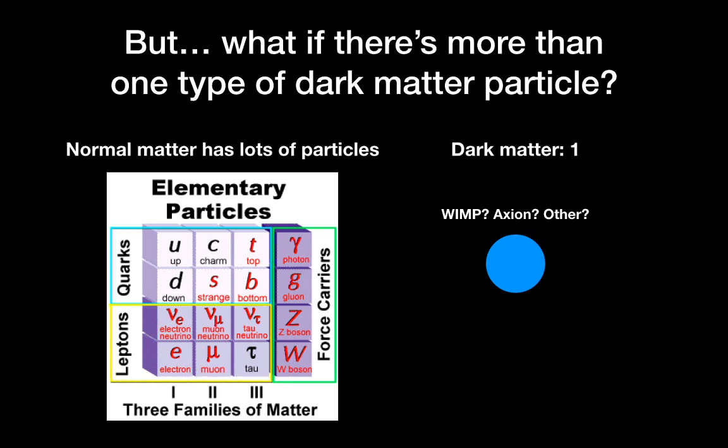But in dark matter, we assume that there's just one type of particle. Some of the favourite candidates are things like the WIMP, the axion, and they all sort of have this property where they don't really interact in any way apart from through gravity, and that's why they're distributed in this big sphere. But what if there was more than one type of dark matter particle? And what if some of them were distributed in a different way? So what if we assume that we have some small component, so we know most of the dark matter, based on our astronomical observations, has to be like this WIMP type particle, and it has to be distributed in this big, fluffy, diffuse sphere. But what if we took a tiny fraction of dark matter, say 5%, and made it